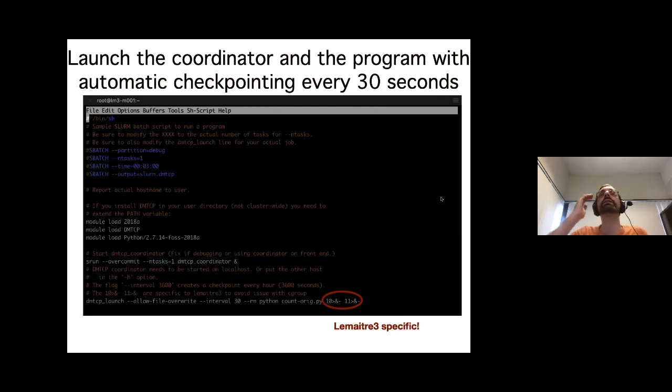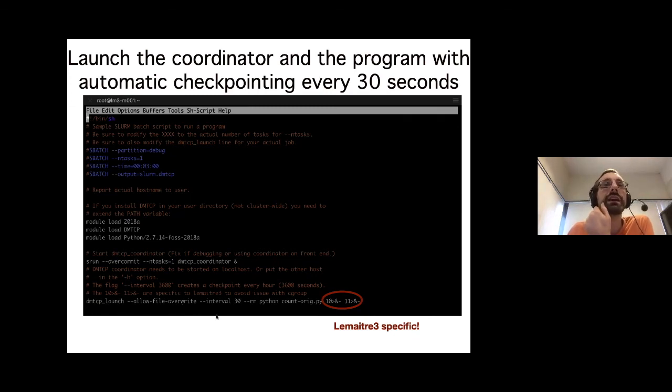Okay. So here is an example of how to do that, a Slurm submission on Mesu 3. So you first have to load your module, obviously. So module load DMTCP, and load the version of Python. It's not that important, but you need, of course, to load the version of Python. And then you run first your coordinator, and then you launch your program.